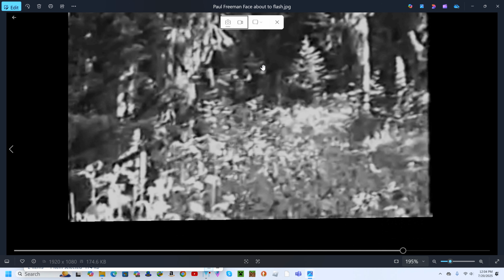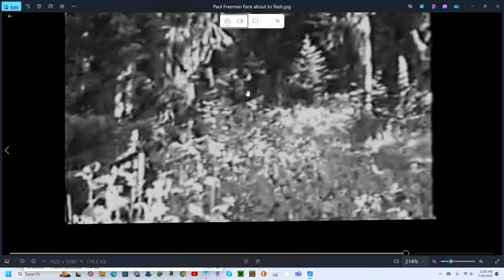I think I made the comment on this particular still frame from it, look at the face. This is as the creature turns to look back at Paul Freeman. And you see the entire face is white. It's white on the sunny side, white on the shadow side. Sun is coming down from the upper right down onto the face.